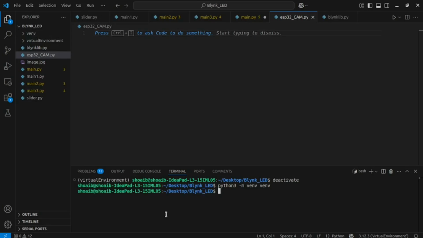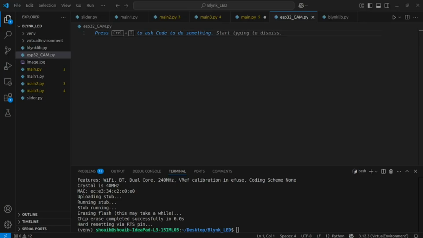Now what we're going to do next is that, alright, after creating the virtual environment, we are going to flash it. For flashing, we are going to install first